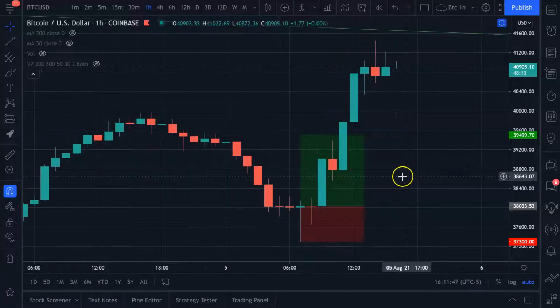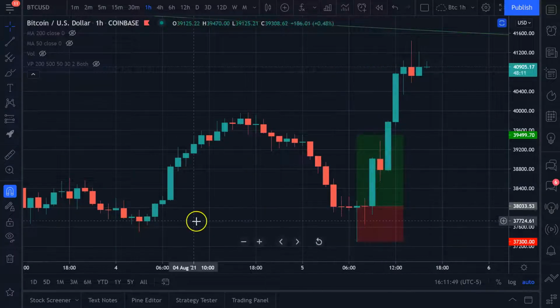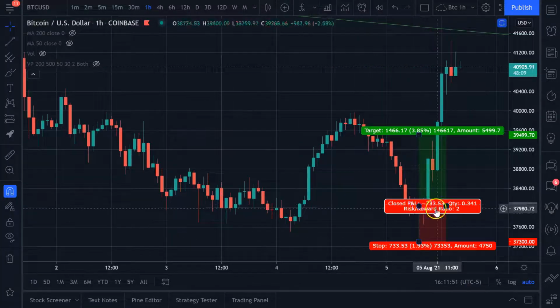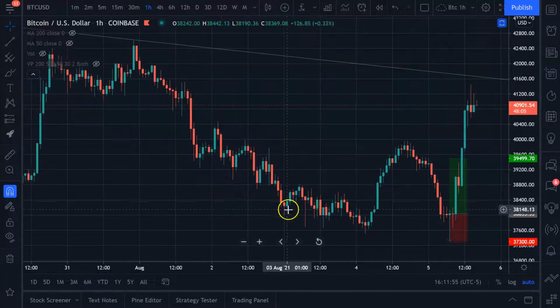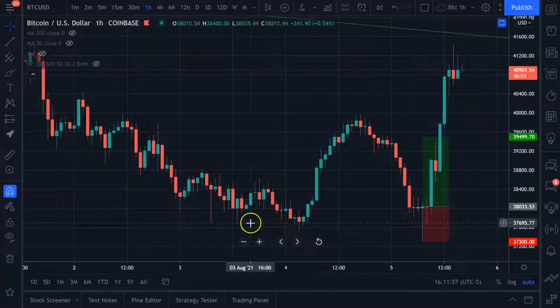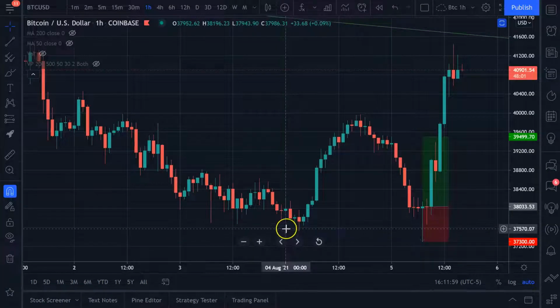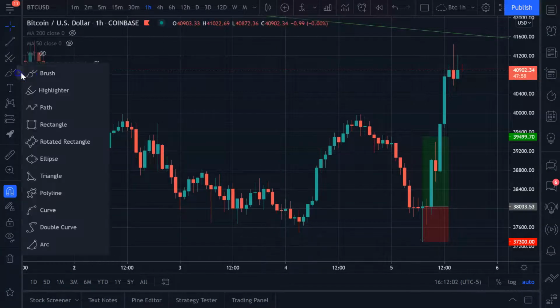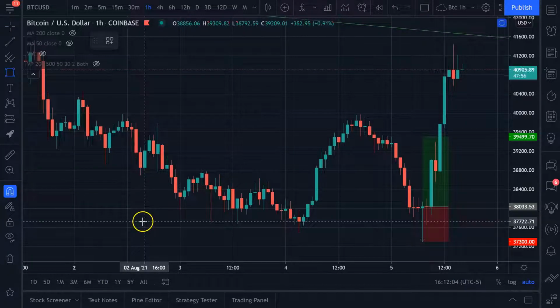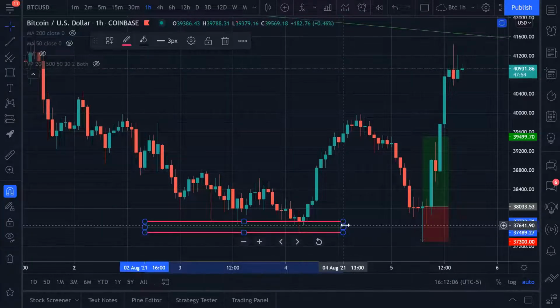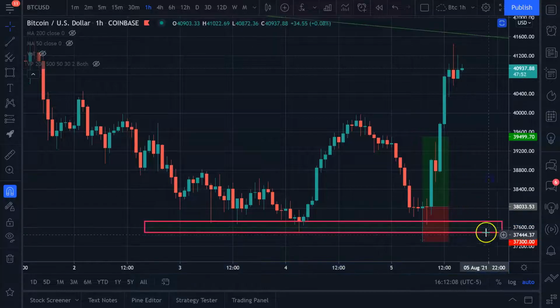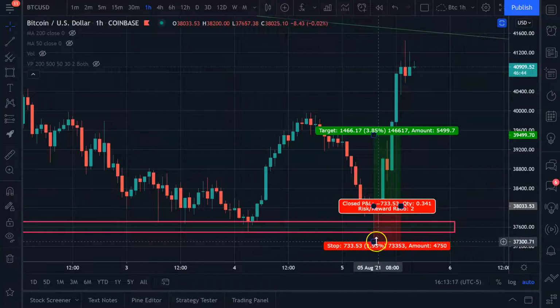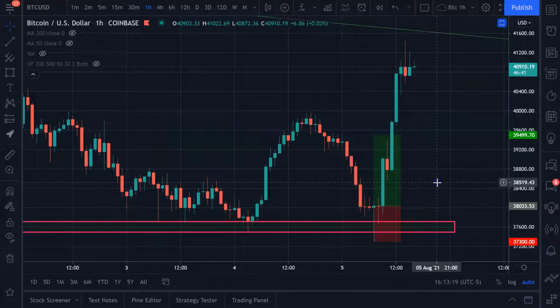So let me back up a little bit and look at this. We can see that that zone, even zoomed in, had two reasons for a trade. But when you zoom out, you can also see that this zone had already shown itself to be demand in the past, right? So if we draw a box here, we can see that it did come down to this area before and bounce off of it. So once this threw that tail down and then closed on top of that, that to me is a signal to go long, okay?